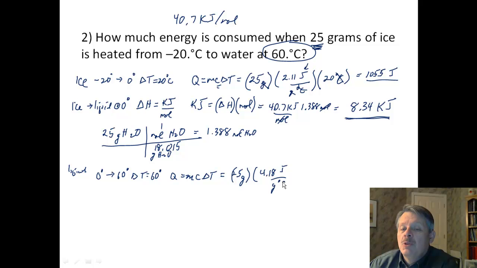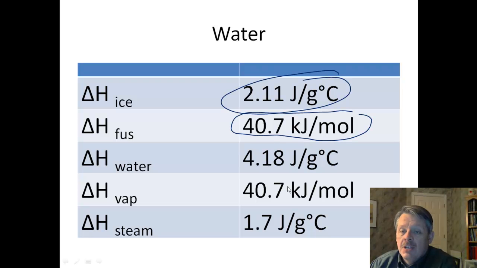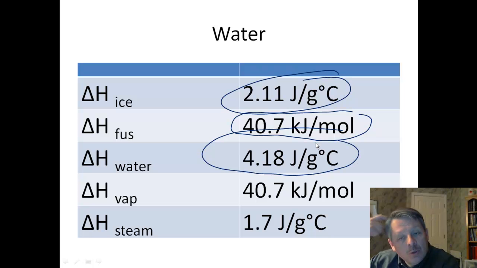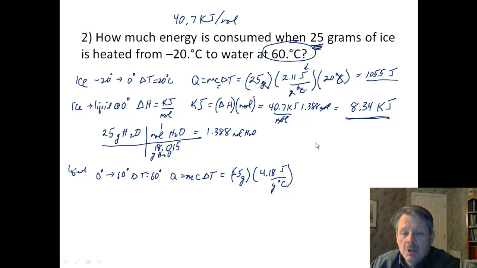Now, if you've been doing all the worksheets, you're at the point where you don't have to look that up. But it's here, so you can look it up. It is on this chart. You have 4.18 joules per gram degree centigrade to heat up liquid water, right? And my delta T is 60 degrees Celsius. So my degrees Celsius cancels, my grams cancel. I'm left with just 25 times 4.18 times 60, which gives me